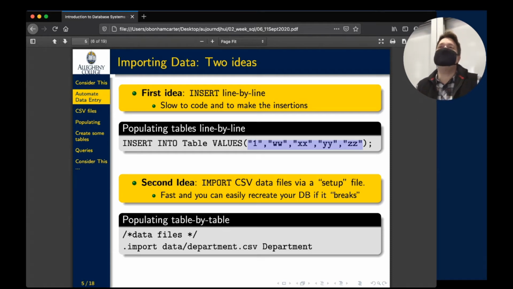For some reason, the code in the internal workings of SQLite makes it kind of an inefficient system here. It has to basically load the table, insert this thing in, and then save it, and then close it. And then it does it again and again and again. Some other things go in there too, but it's like you're doing all these extra steps here. So a second idea about how you can load a lot of data into your database